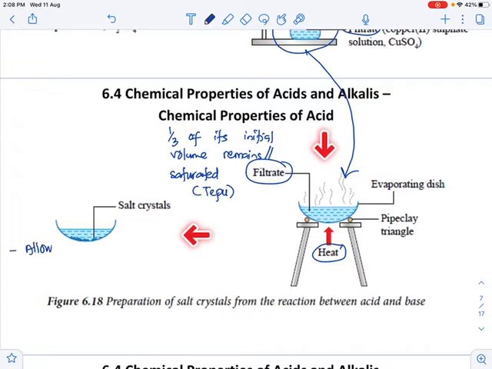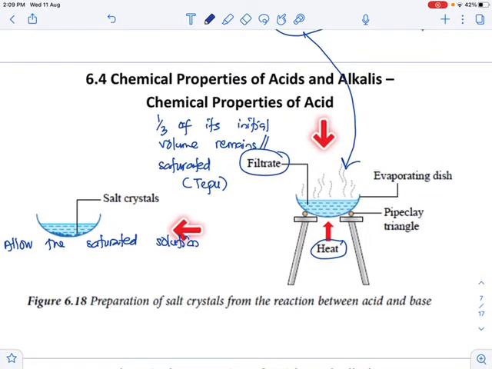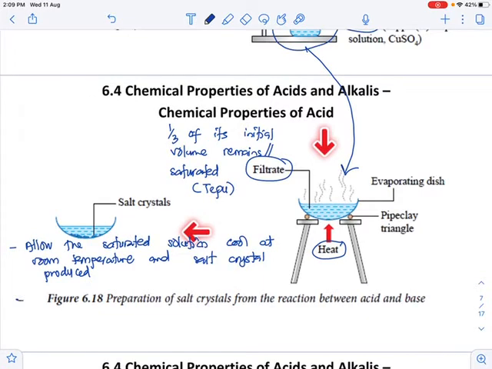allow the saturated solution to cool at room temperature and salt crystals are produced. Okay, then when the salt crystals are produced,